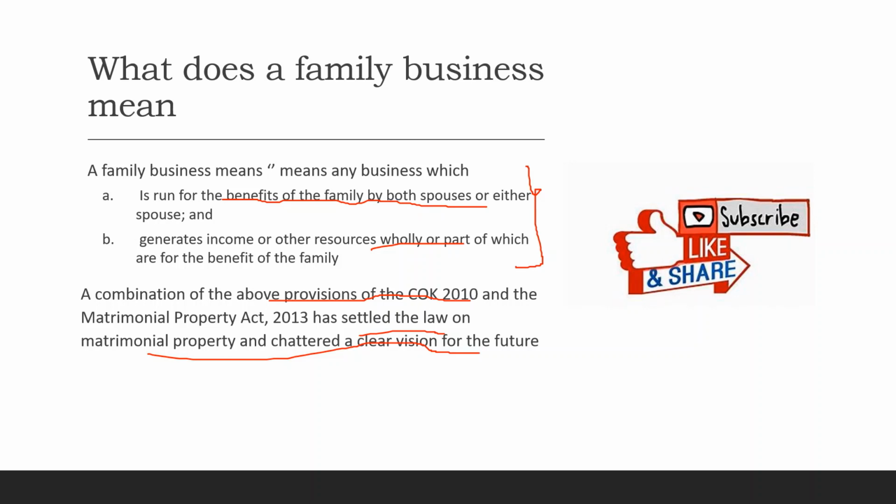You can't share matrimonial property equally simply because the Constitution says you have equal rights during the marriage, because the consideration will be made in Section 7 of the Matrimonial Property Act, read together with Section 6(3), which provides that for you to have that property given to you upon dissolution of the marriage, you must show a contribution to that property, which can be either monetary or non-monetary contribution.